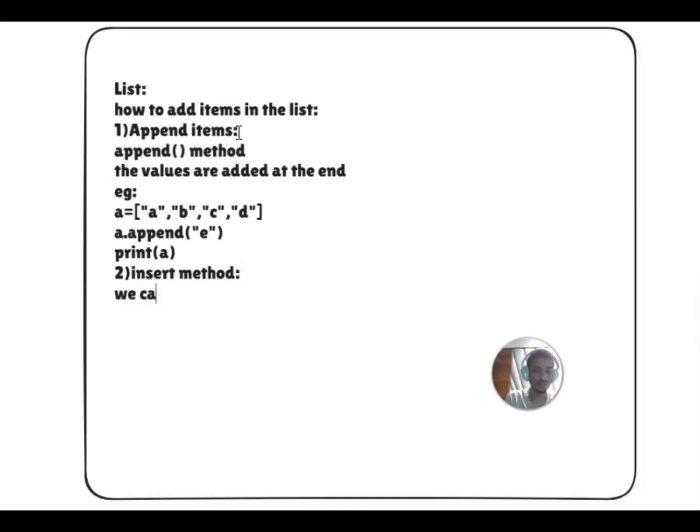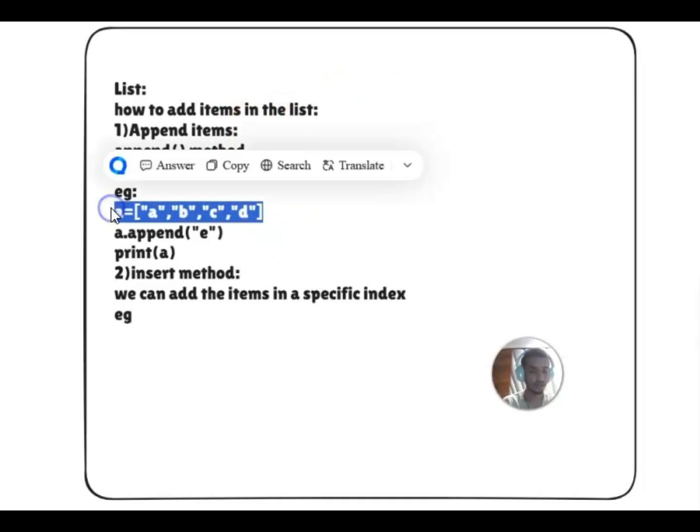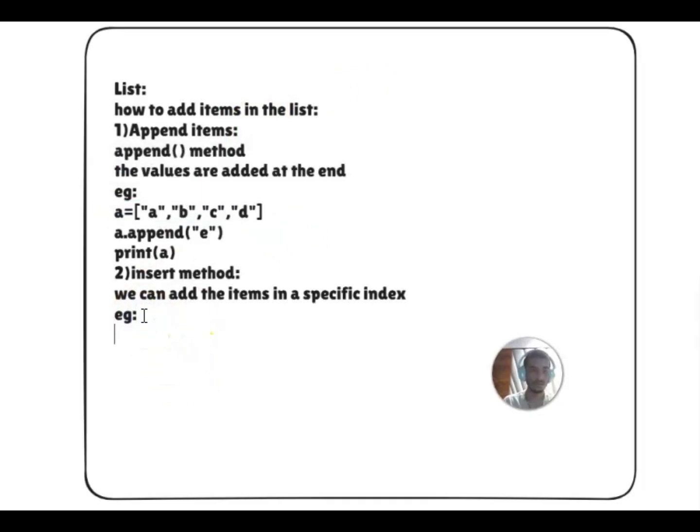We can add the items in a specific index. For example, let's take the same list and try to add the element at index 1. So at the B position, you can see the adding value